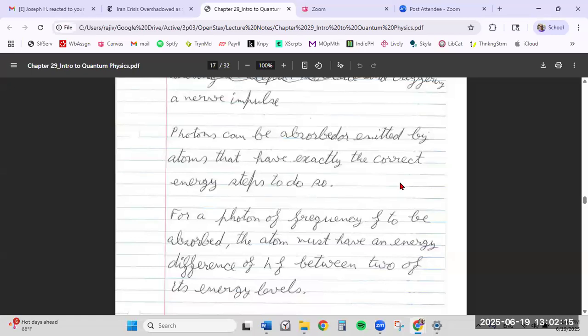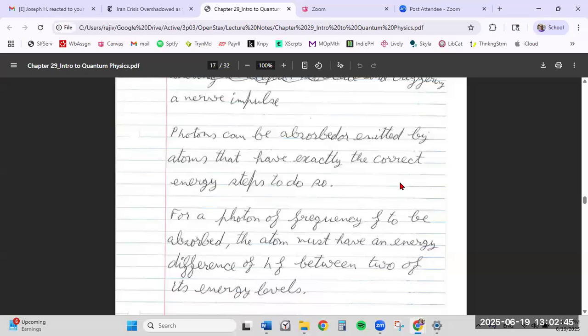And we will talk about these energy steps in more detail in the next chapter, but the idea is each atom of different kind has certain energy levels, and these are discrete energy levels. So just to give you an example, an atom can either be in a 1 joule energy state or a 2 joule state, but nothing in between.